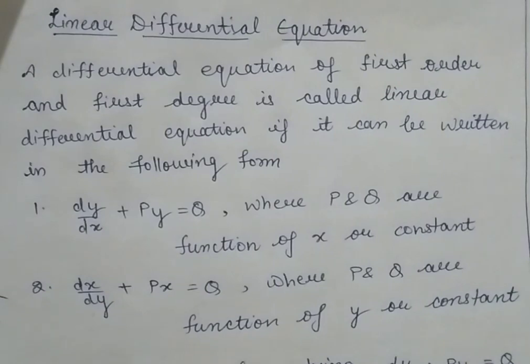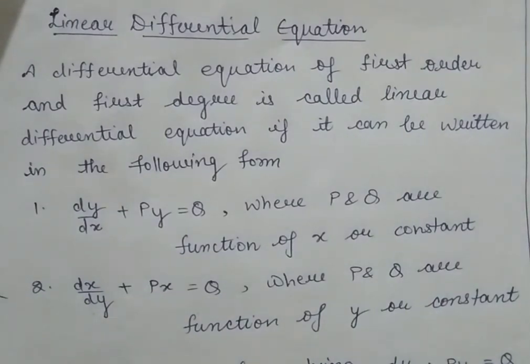In homogeneous method, we write the equation in the form dy by dx equal to some function of x, y divided by some function of x, y, where those functions are homogeneous functions. That is, the power of variables in the numerator is the same as the power of variables in the denominator. And in the method of grouping, for solving exact differential equations, we must have the equation to be exact. Now I will tell you another method for solving differential equations of first order and first degree.